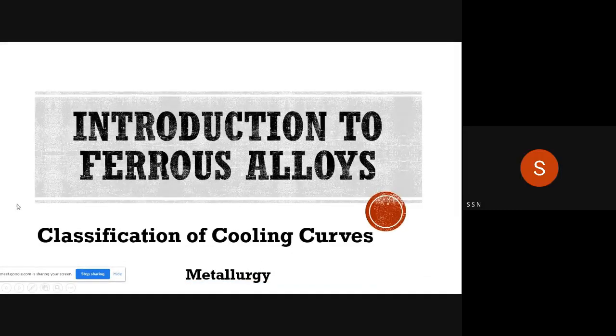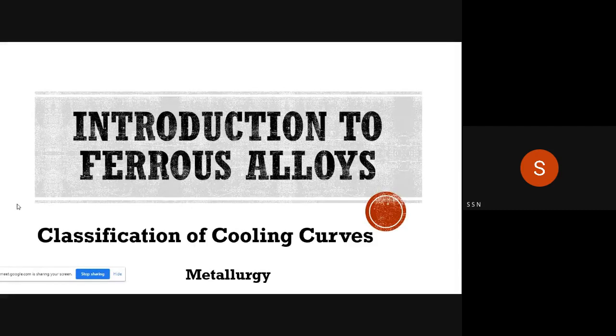So let us start. In previous few sessions, we have started this chapter number 1, that is Introduction to Ferrous Alloys. In this chapter, firstly, we have seen what are the different types or classification of the alloys. In that, ferrous alloys, non-ferrous alloys, we have seen in detail. After that, we have seen what is meant by alloying, what is the concept of alloying, then what is the necessity of that alloying, and then we have also seen what are the solid solutions and their types.